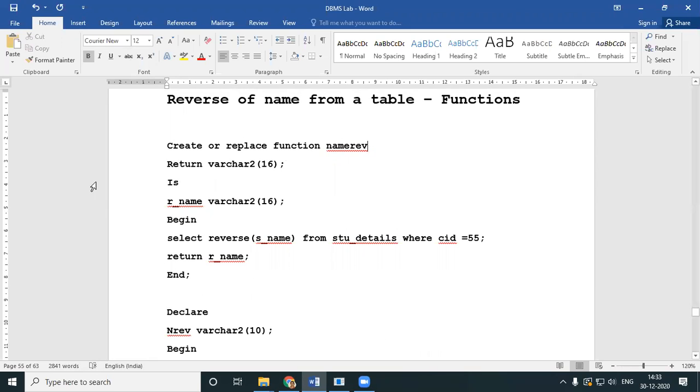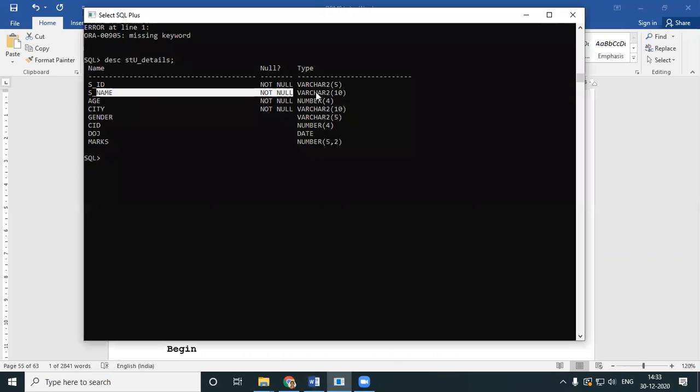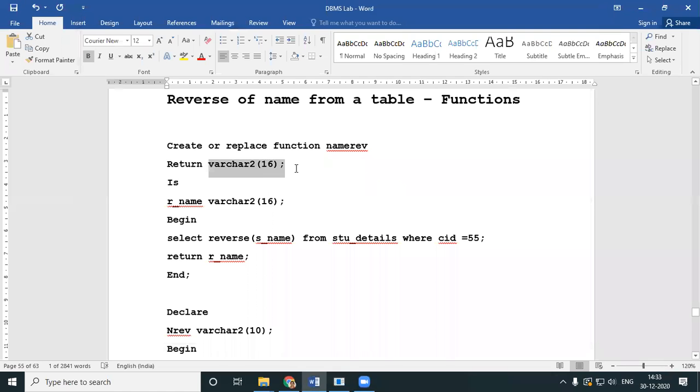I don't need that. I do have a return. What type? Varchar2 16. Why do I go for Varchar2 16? Very simple. When I checked over here, oh, it is Varchar2 10. Okay, so I'll make it 10. Yeah, here it is 10. Because it was Varchar2 10 over there, I'm returning here Varchar2 10, and I even declared it. r_name varchar2 10, select reverse sname.